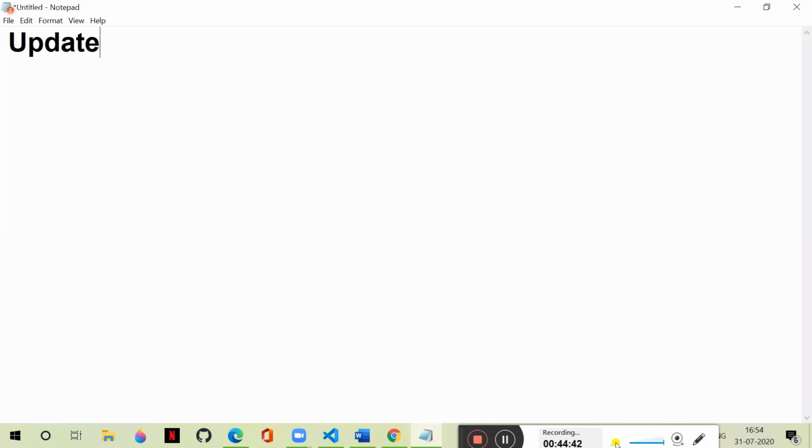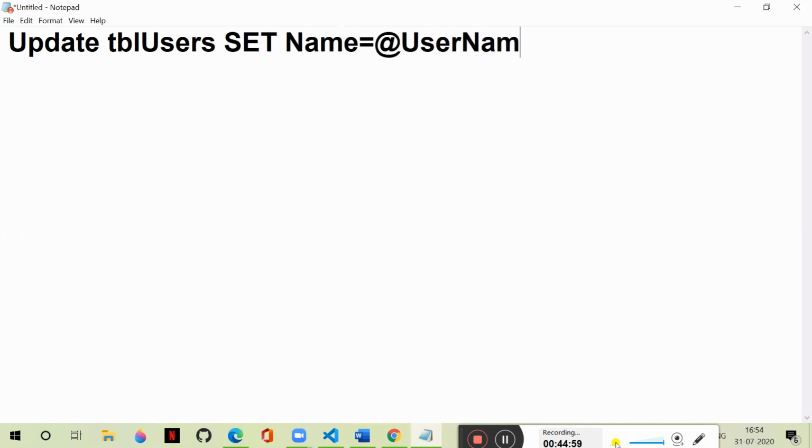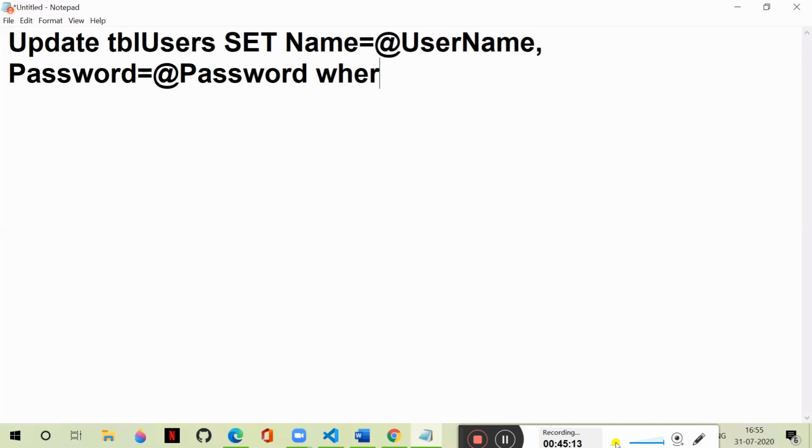Update table, TBL employee or TBL users, update table, set name. So set name is equal to some name, like this. We are just defining some parameter here. That means we are setting the name, we are setting the password. So some password, just roughly I'm writing, where user ID is equal to some ID